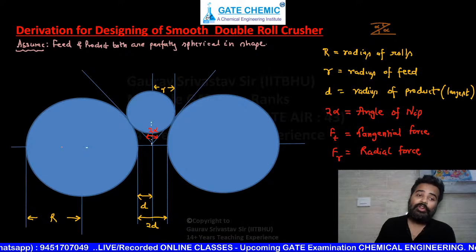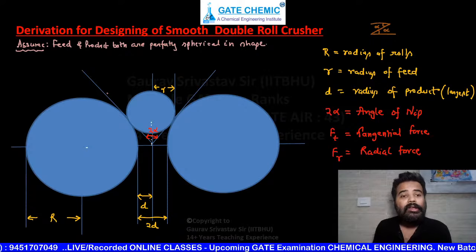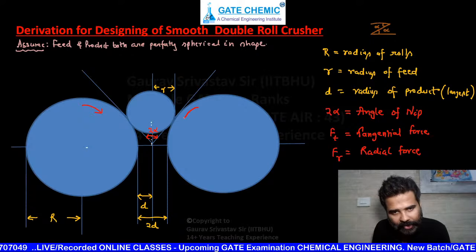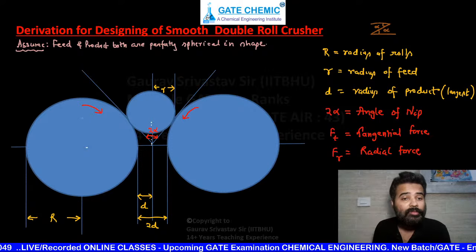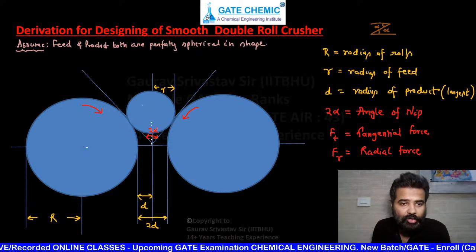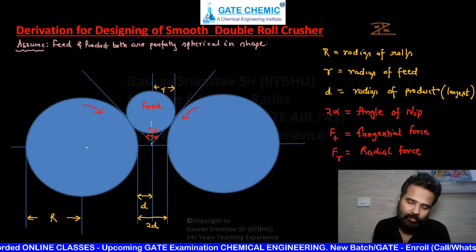Okay. So now just focus here, but 2 rolls, you can clearly see 2 rolls. यहाँ पे 2 रोल्स हैं and they are moving towards each other. ये इधर को रोटेट करेगा बेटा, ये इधर को रोटेट करेगा, कोई दिक्कत नहीं है ना किसी को. It is rotating like this. And this is your feed that you are going to feed from top.